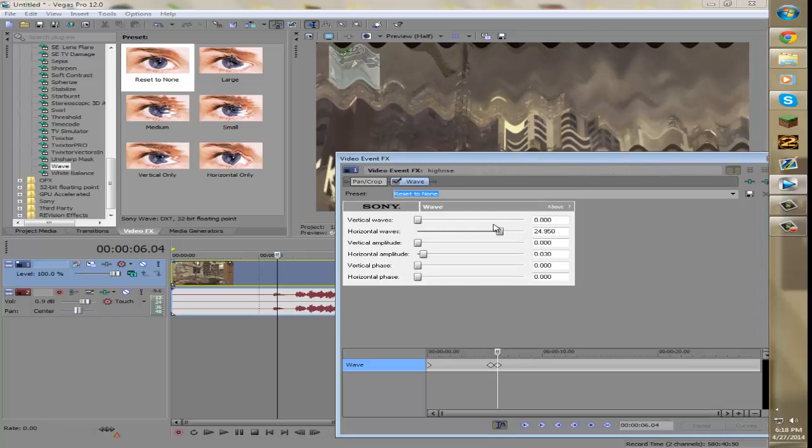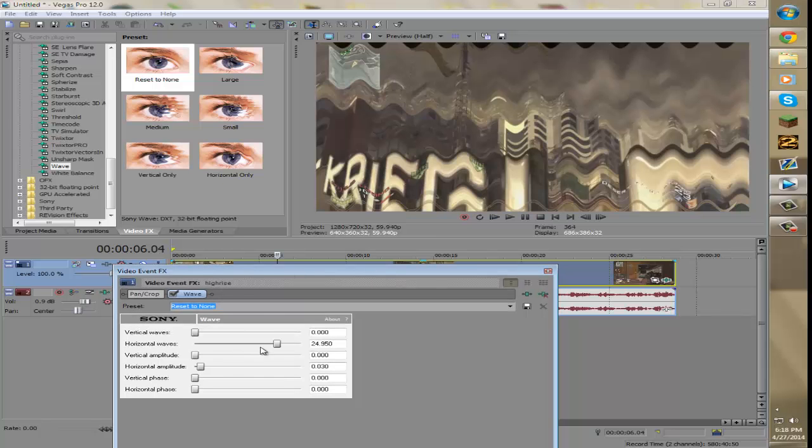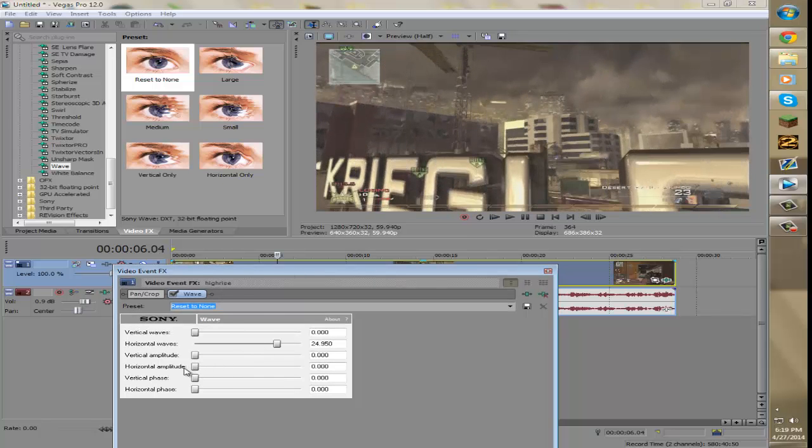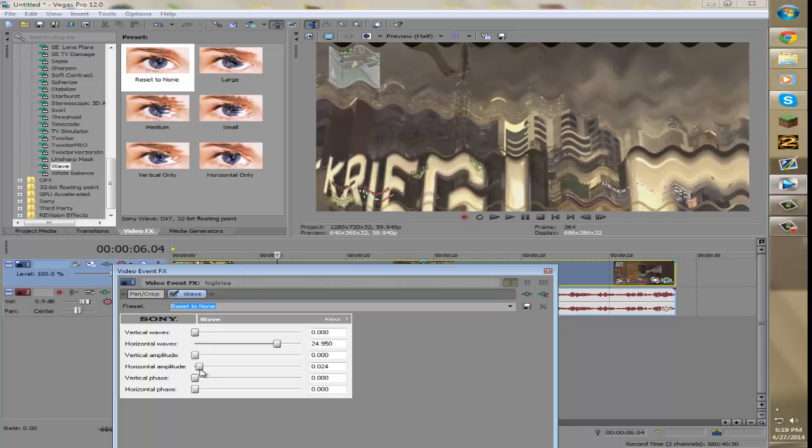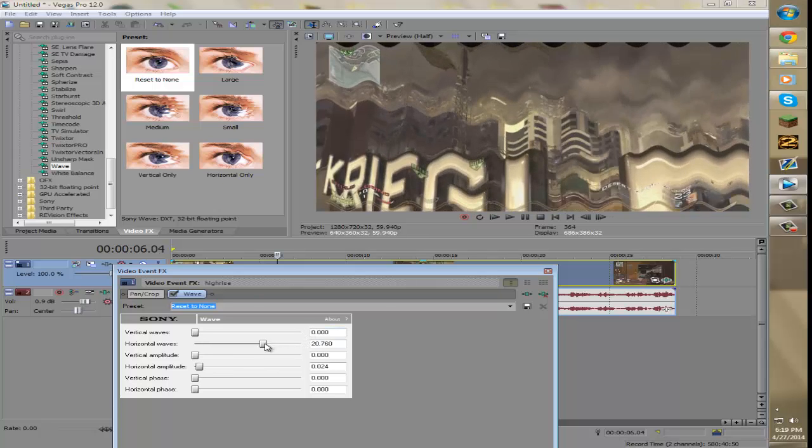I think I did the horizontal waves in my other one. Maybe not. Yeah, I did the horizontal waves. I didn't do this many of them. I did like